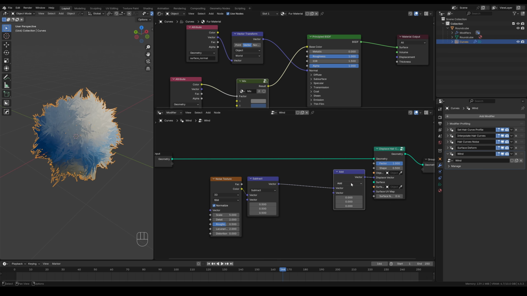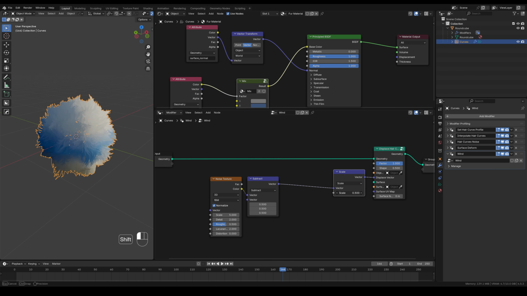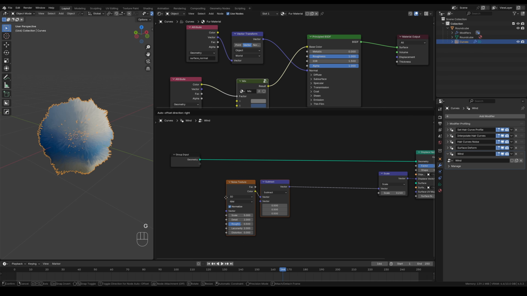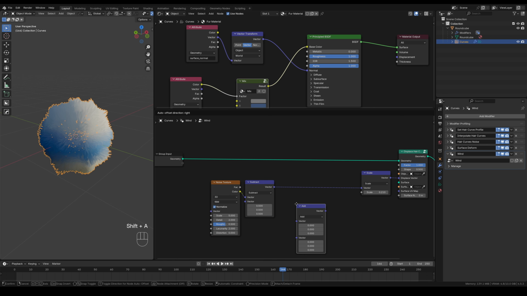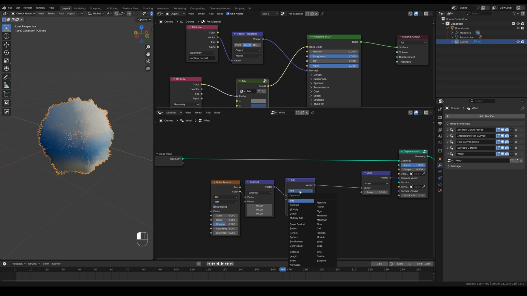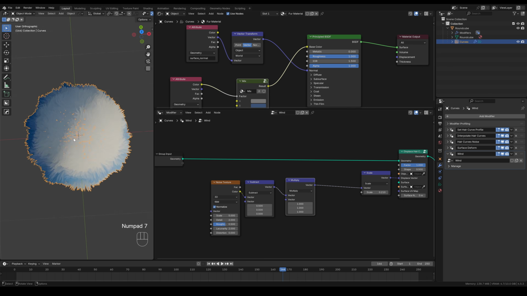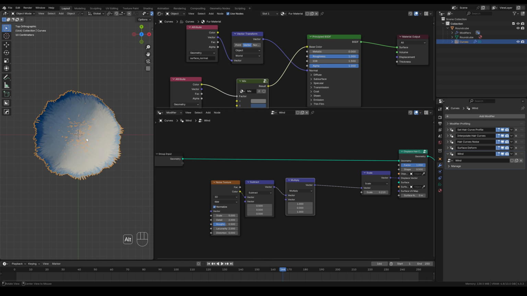It's way too intense, so let's maybe make that 0.1 or whatever looks good to you. Now, you don't have to do this, but I think it looks a little bit better. Instead of each strand of hair responding to the noise texture in each of the 3 Cartesian directions, I only want them to be affected on X and Z, I think. So I'm going to multiply the component of the direction I don't want it to react to by 0, basically just cancel it out. So I'm just going to take the Y component, multiply it by 0. So now the noise is only affecting it on X and Z,